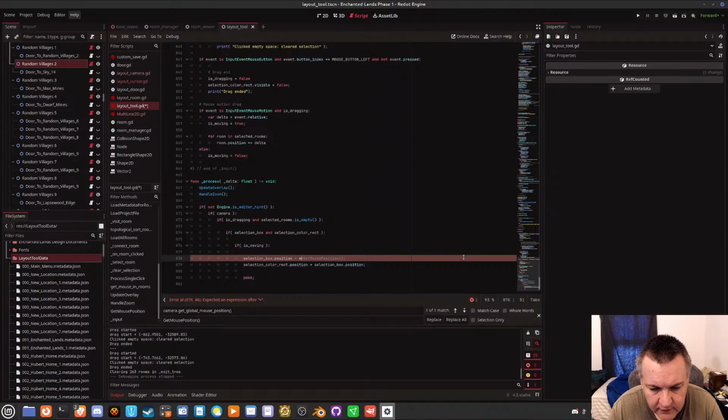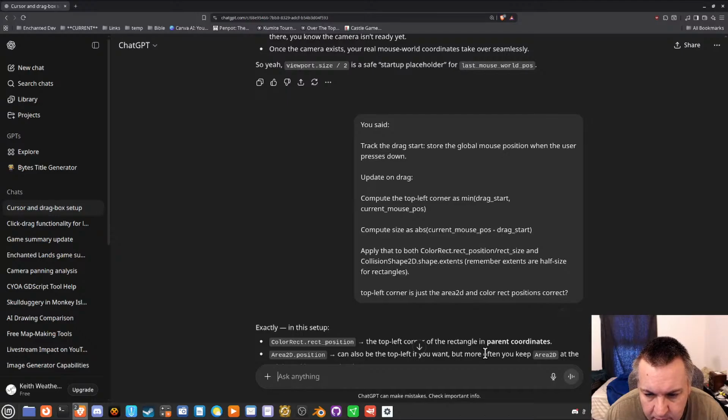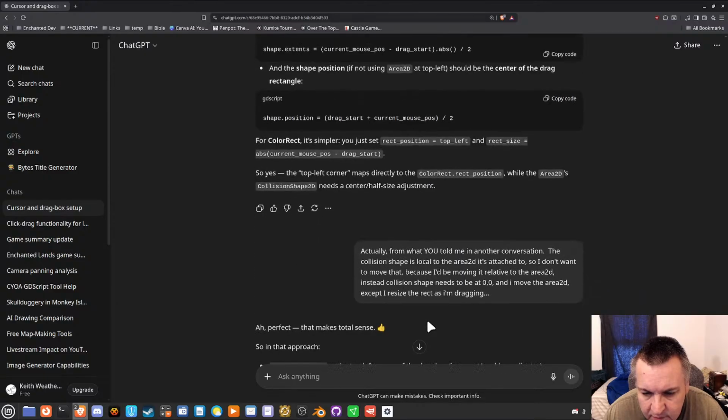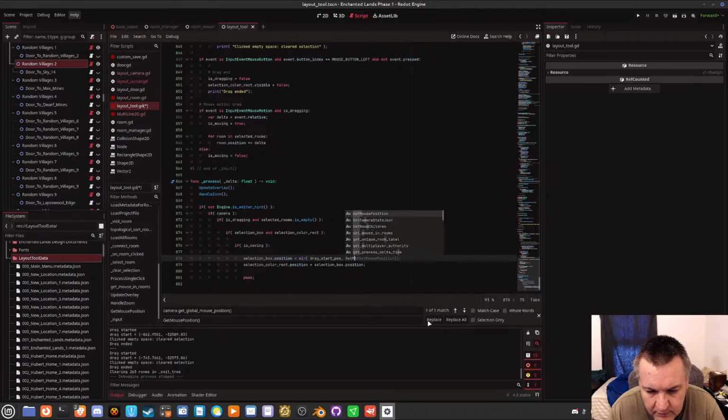What I'll do is I'll do min. And what was it? It was drag start, current mouse position. Drag start position, comma, get mouse position, semicolon.